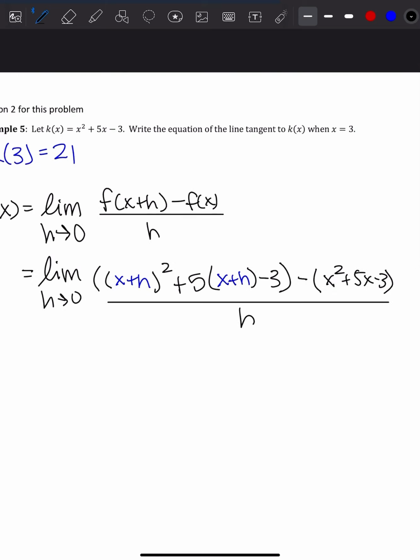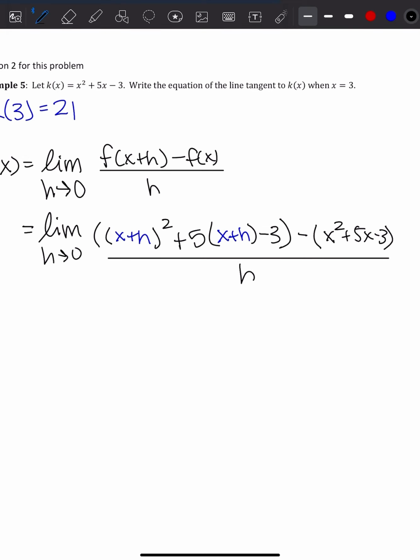Okay, so now what I'm going to do is try to expand the stuff that I can expand and simplify the stuff that I can simplify. So I have the limit as h approaches 0 of x times x is x squared. X times h, which happens twice, gives me xh, so I'm going to have 2xh. And h times h is h squared. I have 5 times x, 5 times h,